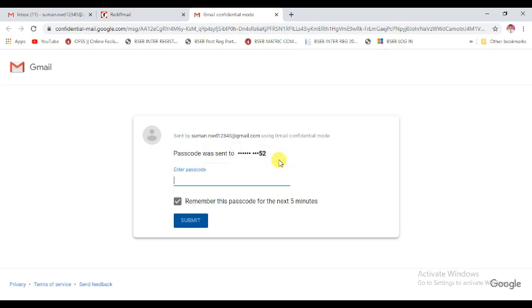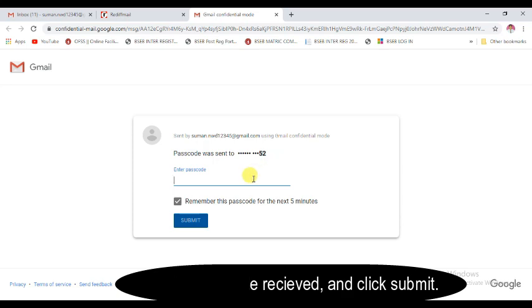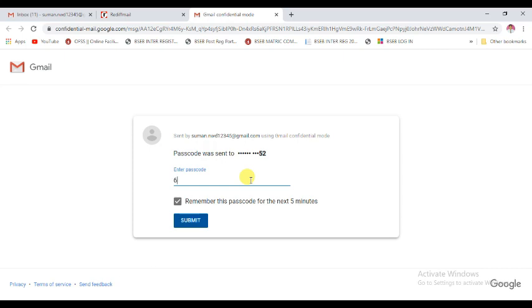Now I have received my passcode, so I will put my passcode here. My passcode is 697432. This is the passcode I received on my mobile number. Put this passcode and then after click this submit option.